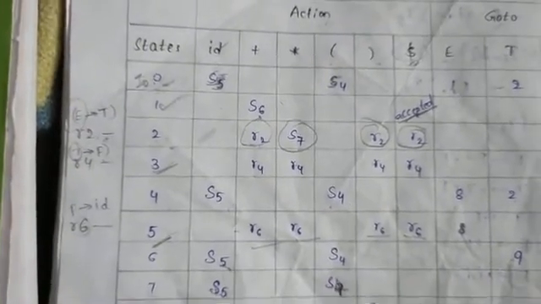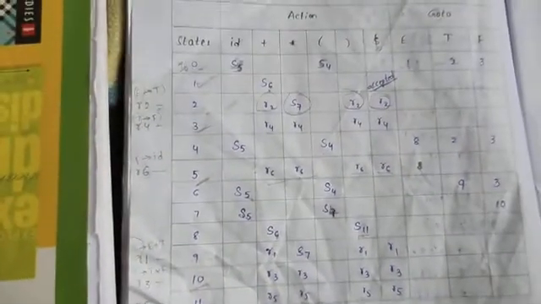Okay, then we have two more productions. One is F tends to id, and the second one is F tends to open braces E closure braces. So this should be state 11. Here the head of the production is F. The follow of F is star, plus, closure braces, and dollar. For that reason, in the plus area we are placing R5, in the star area R5, in closure braces R5, and in dollar R5.